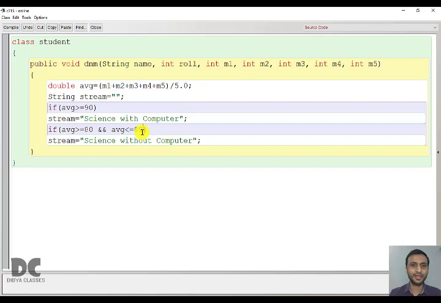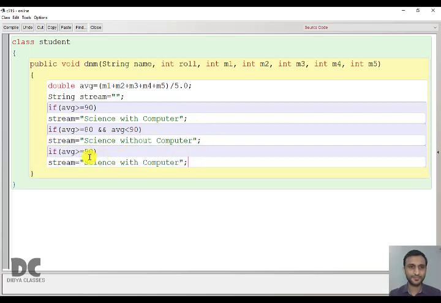But what happens if the average is 89 point something? So if it is, for example, 89.7, then this will become false because it is not greater than or equal to 90, and this will also become false because it is not within the range of 80 to 89. So here in this program, in the question, there is a confusion. So it is better to take less than 90. Even if there is 89 point something, the average can be in point also. If it is 89 point something, then also it will be taken into consideration between 80 to 89. Okay. So here we'll write less than 90 rather than less than or equal to 89.